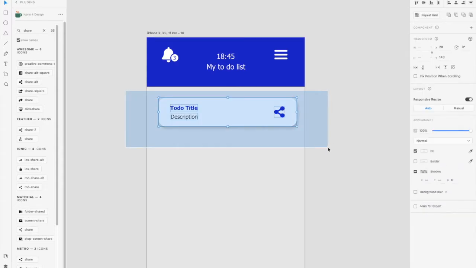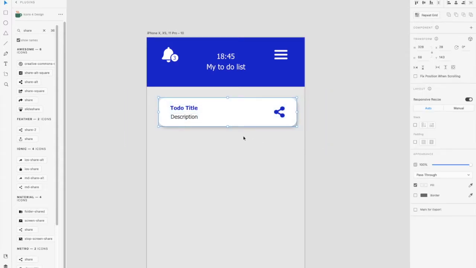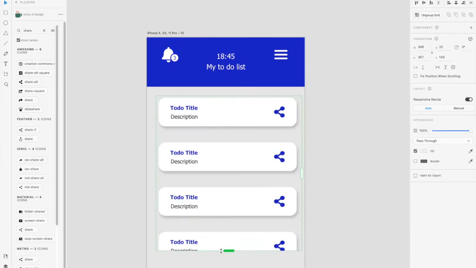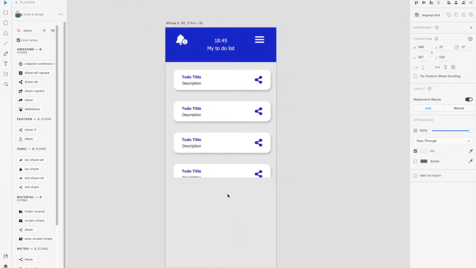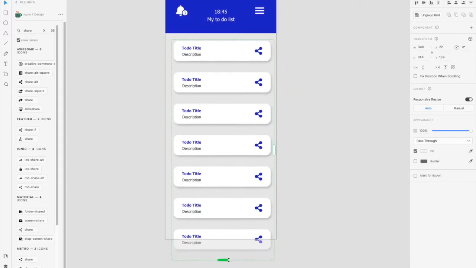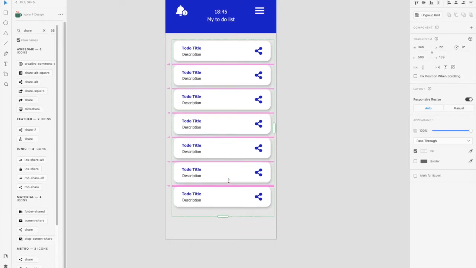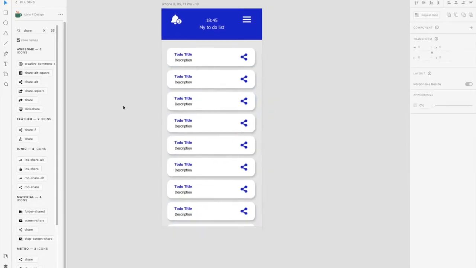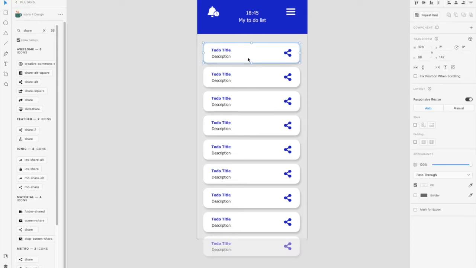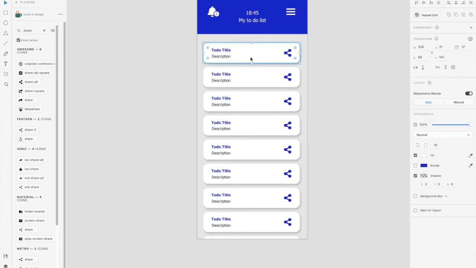I'm going to group this by Command G or Control G, and I'm going to actually just repeat grid vertically, reduce the width distance. Now I'm going to ungroup it, and yes, so what I want to do is I want to copy this